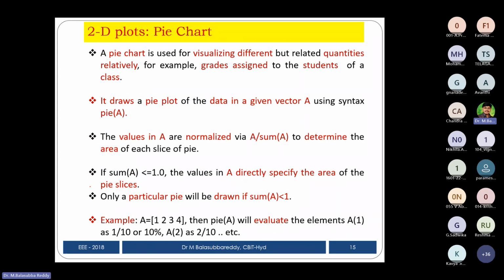Another one is a pie chart. A pie chart also has more visualization effect. So what we will draw is a plot. Data is given in a vector A. Let it be pie of A if we give. So suppose